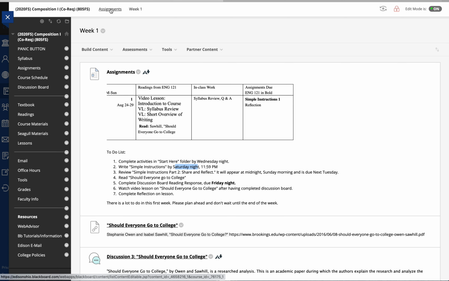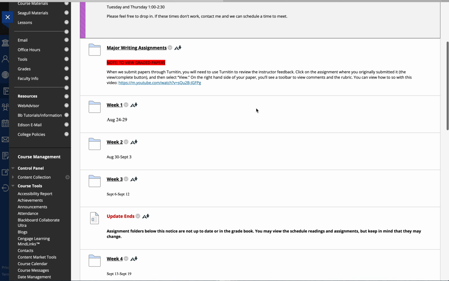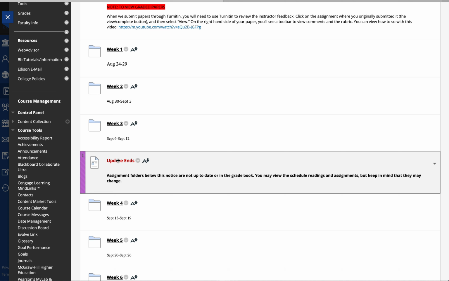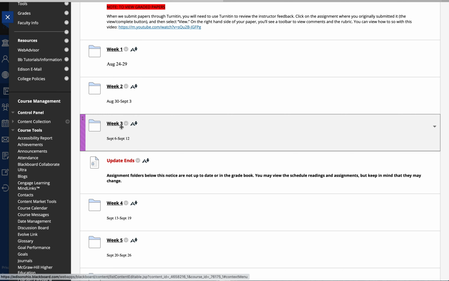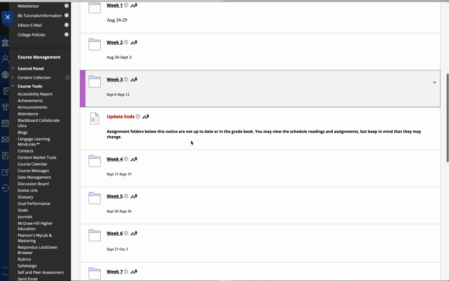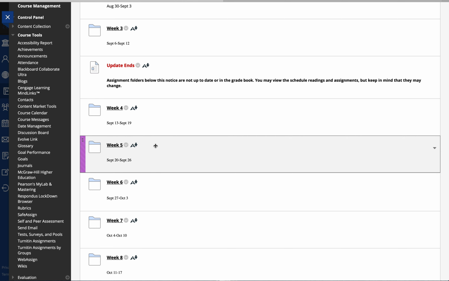So that's our weekly assignment folders. You'll see that I have a note that says update ends, meaning I've just copied everything from my spring semester, which I know makes me sound lazy, but it puts everything there. Then I adjust them, change the dates, and change things. So if I have moved things around from semester to semester, I have that opportunity to do so. I have everything from weeks 1 to 3 updated. I'll be going through periodically, so I'll try to keep things several weeks in advance, but I really don't want you working ahead just because it's easy to get caught up.